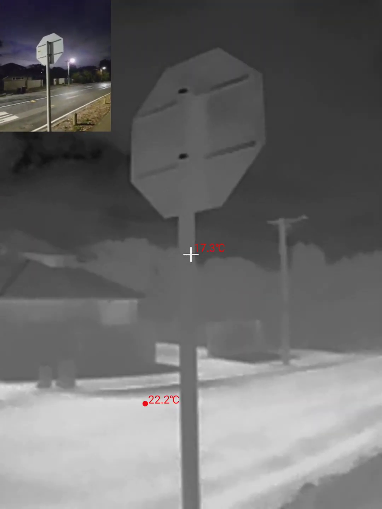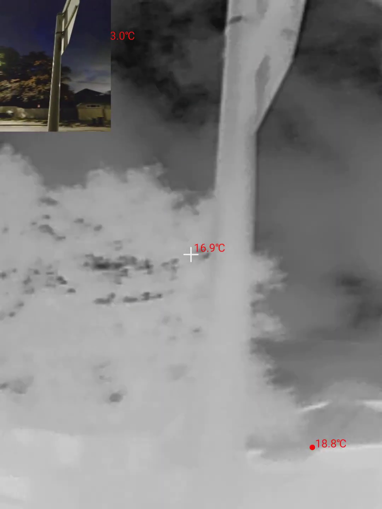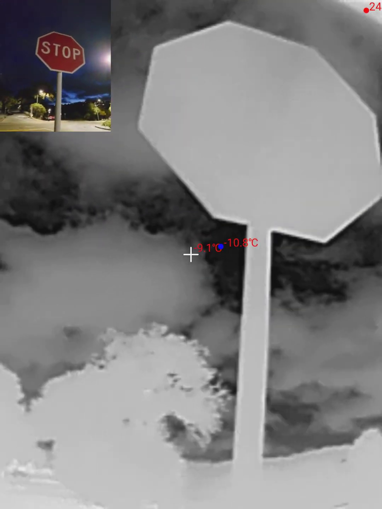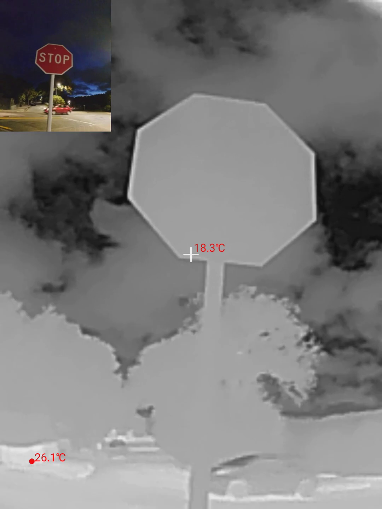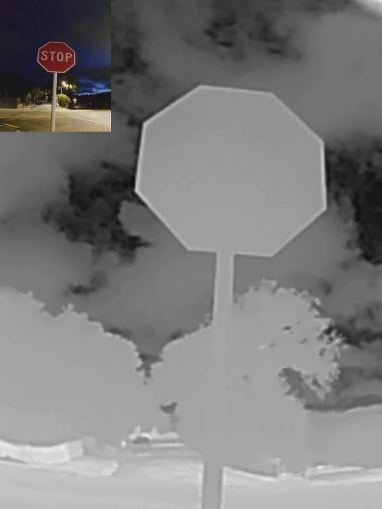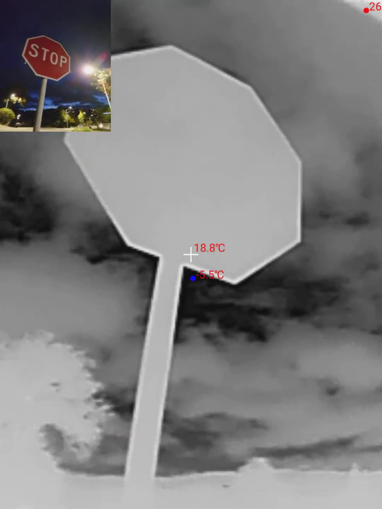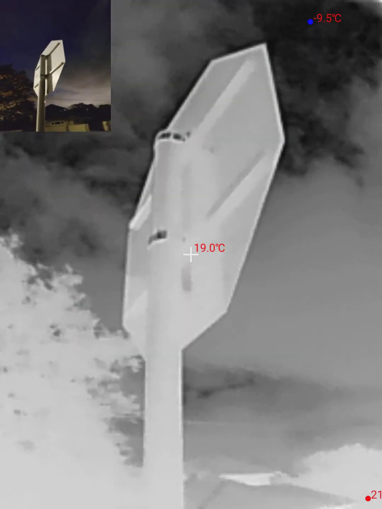Alright, so we're having a look at the stop sign here. I'm really interested to see how it compares the front versus the back. Notice that the writing is completely invisible there. And then if we come back around here,